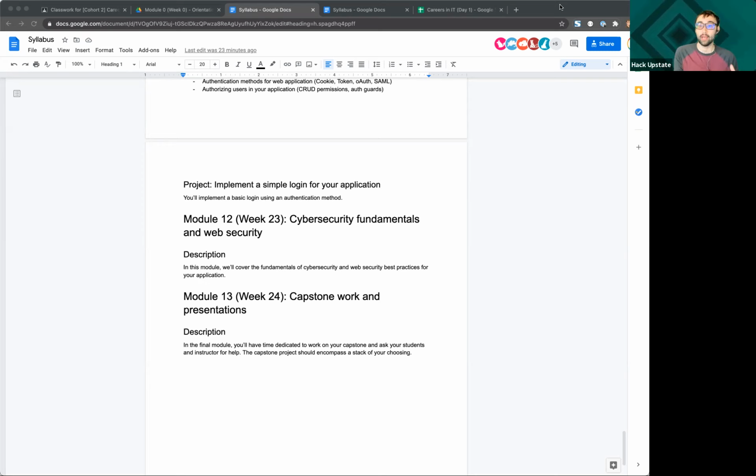And so throughout your capstone, we'll be helping you with that. But as you're learning throughout the module, keep in the back of your head, I wonder how I could use this. So this weekend, I can bring in these concepts that I've learned and build them into my own capstone. Thank you. Absolutely. Any other questions?